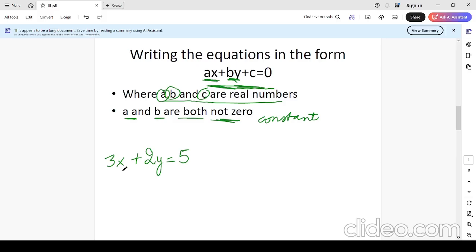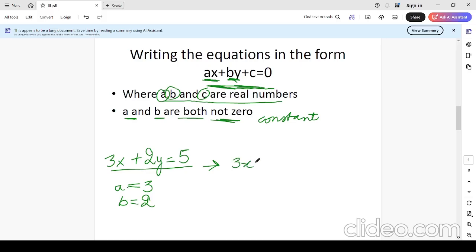So, for example, we have an equation here, 3x plus 2y equals 5. Here the value of a, that is the coefficient of x, is 3, and the value of b, which is the coefficient of y, is 2. And what is the value of c, the constant? For that we need to convert it into the standard form. And how do we convert it into the standard form? Let's write